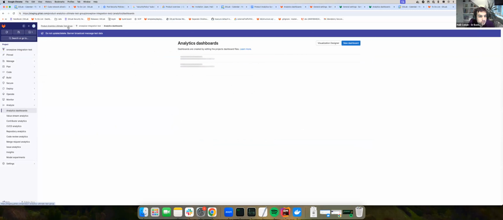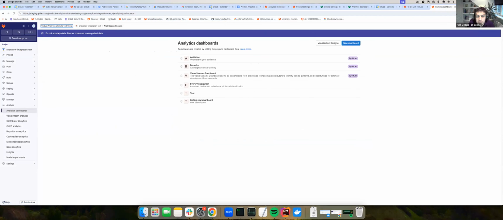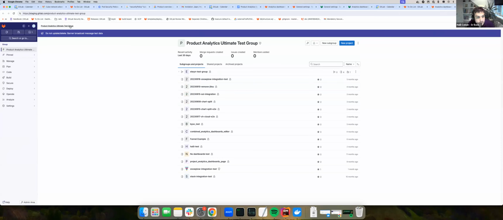So yeah, I just want to show the new toggle. I'm in the staging, in the product analytics ultimate test group, and the project is Snowplow integration test. It works with at least the product analytics built-in dashboards, and we also have some other dashboards. And if I go to the root namespace, which is an ultimate test group,